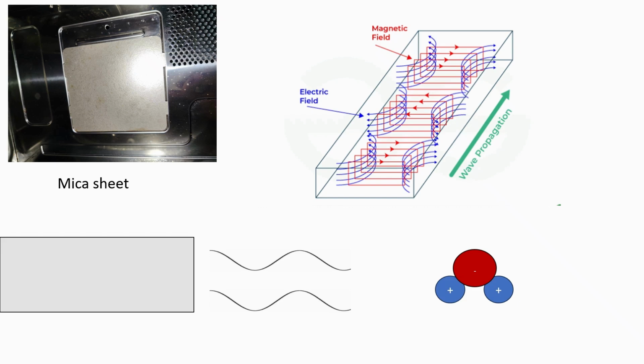The water molecules try to flip 2.45 billion times a second. However, they can't quite keep up, creating a phase lag that results in molecular friction. This friction turns the electromagnetic energy into heat and cooks